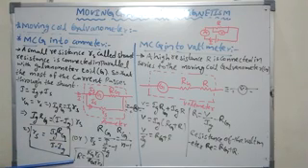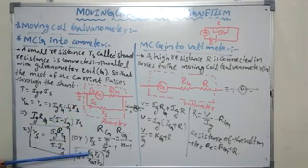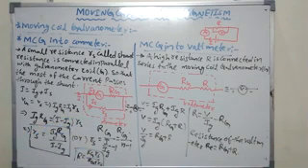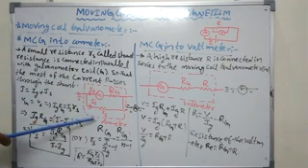Then the effective resistance of the ammeter is Rg into Rs by Rg plus Rs, which is very much smaller than the shunt resistance. This means the resistance decreases when a moving coil galvanometer is converted to an ammeter. For normal ammeters, what happened? It has more resistance, right? That's why the converted ammeter has very small resistance, which is connected in parallel to the galvanometer resistance.